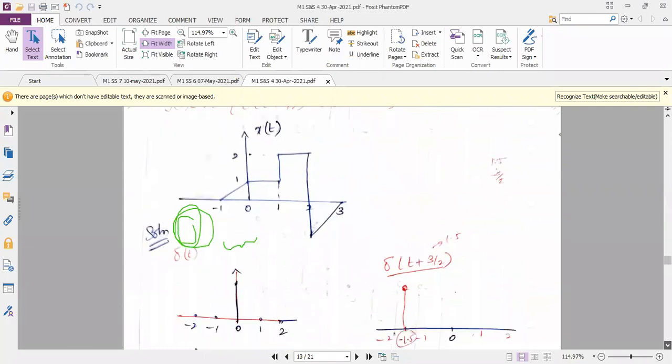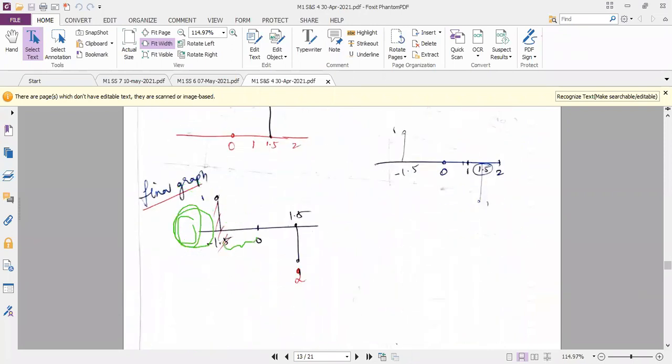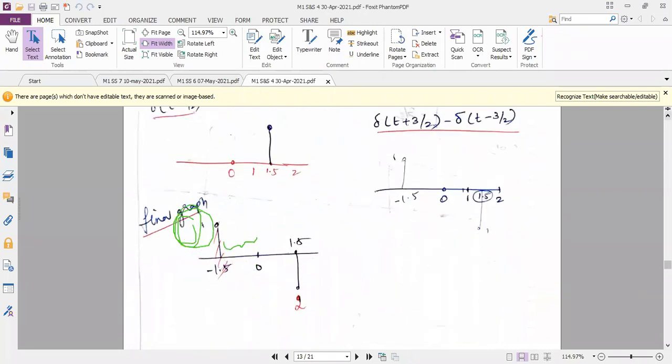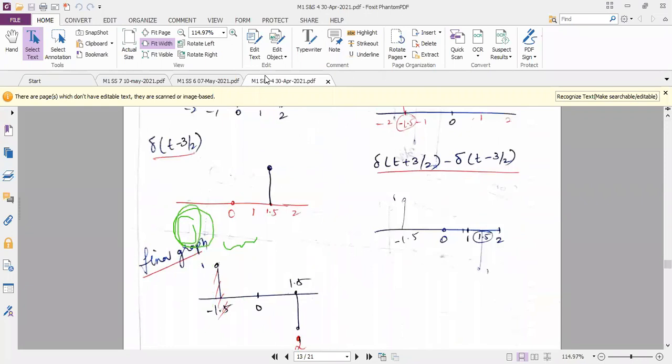So let me see here in the delta diagram. In the delta diagram, I do not have anything. See here it is at minus 1.5, there is an amplitude, but in the first question, in x of t, there is no amplitude at minus 1.5. So at that place, there is no signal in the final graph. Even if you see the main question, at minus 1 to 0 you have some amplitude, but here at minus 1, you do not have any amplitude.